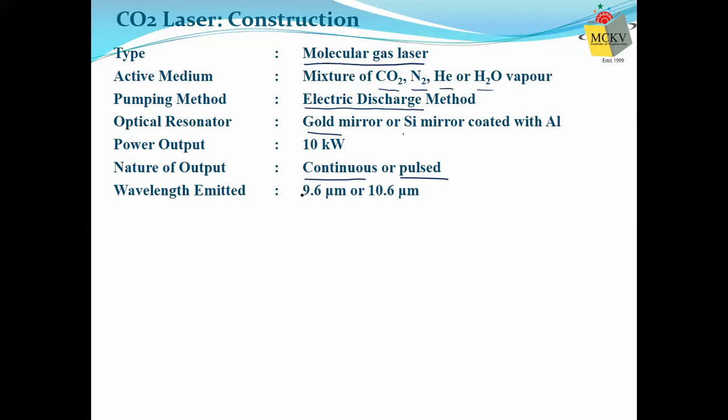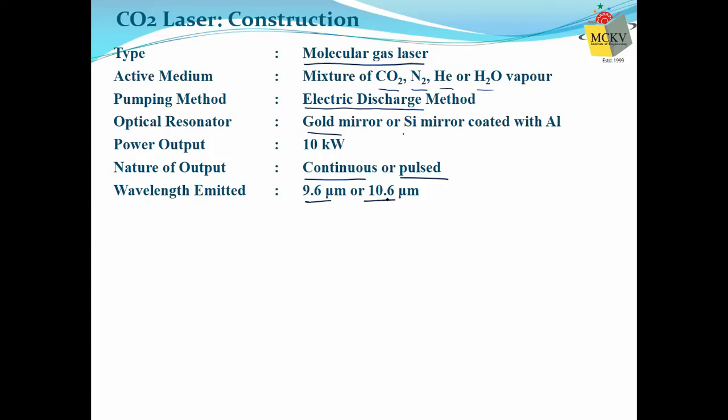In the last three types of laser, the output was a single wavelength because it depends on the energy levels, and we have only one pair of energy levels, say E2 and E1, or E3 and E2, or E4 and E3. So you have only one pair of energy levels. That's why you had only one wavelength. But now, in case of CO2 laser, you have a choice. There are two types of